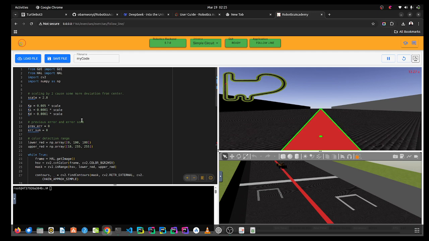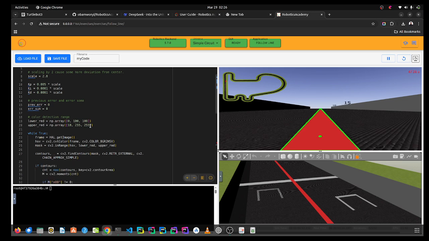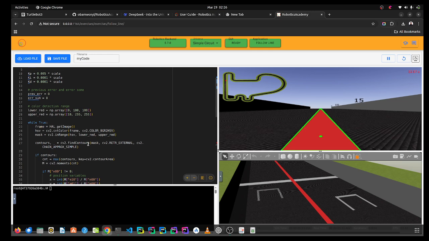Okay. So in addition to the two modules that were provided, that's that of the GUI and that for interacting with the hardware, which is the HAL module, I also made use of the CV2 module, which is simply a module that helps you make use of OpenCV, then NumPy, which is very popular. So my main need for them is, one, to calculate the range of colors that we have here, and that of the